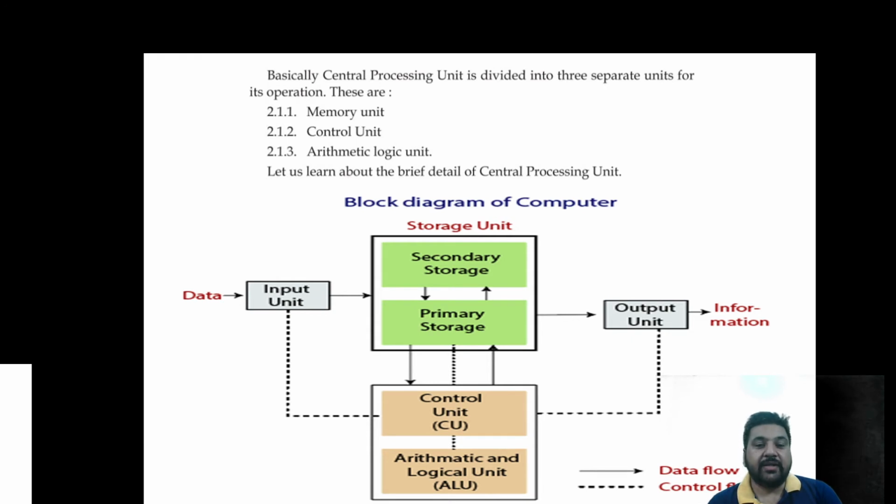All the data given in the secondary storage or in primary storage, and input data goes to the control unit. After that, the arithmetic and logic unit. After that, the output unit, meaning the information we collect after the input. Data flows and is controlled in the computer system, as shown in the block diagram.